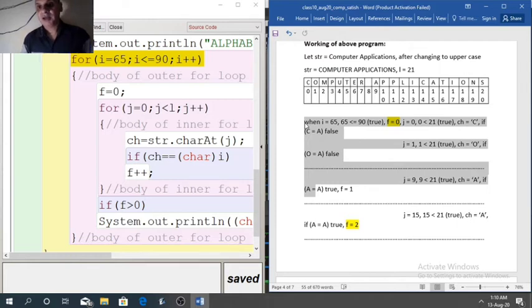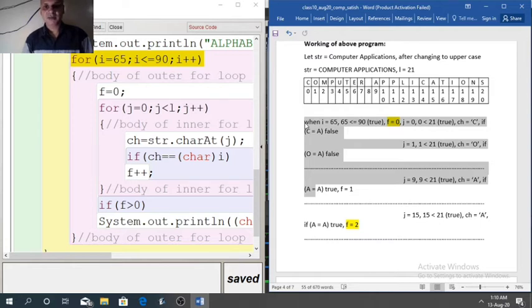From 0 to 8 index, A is not found. So if condition will become false every time, but when j equal to 9, at 9 index a is found. Now this a, ch, is matching with char I, so both are a.